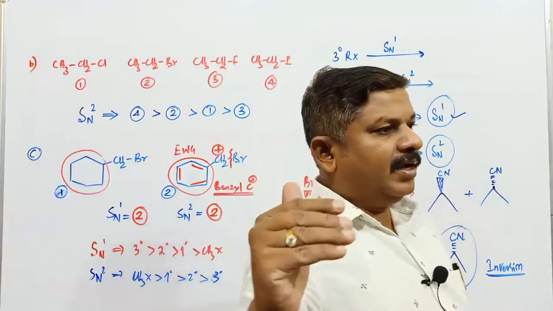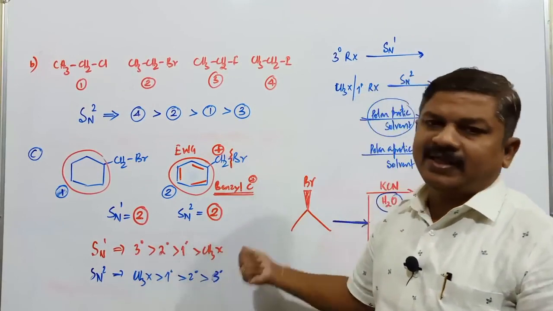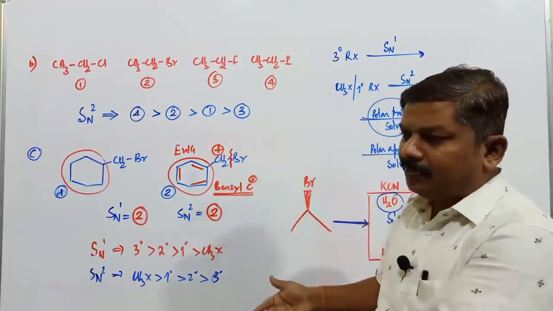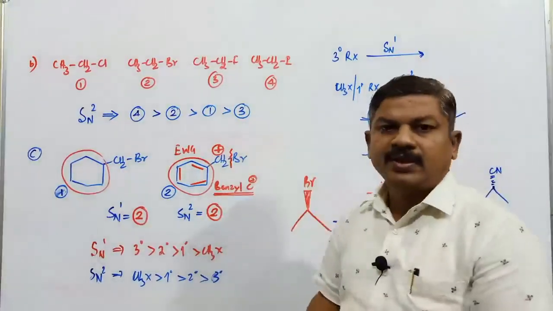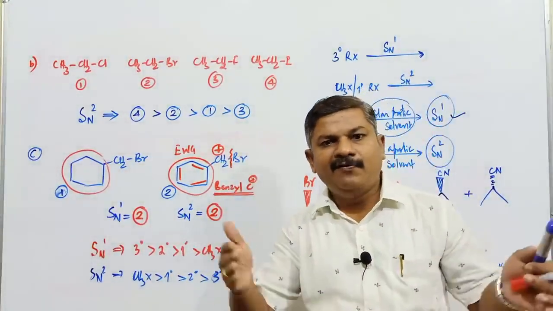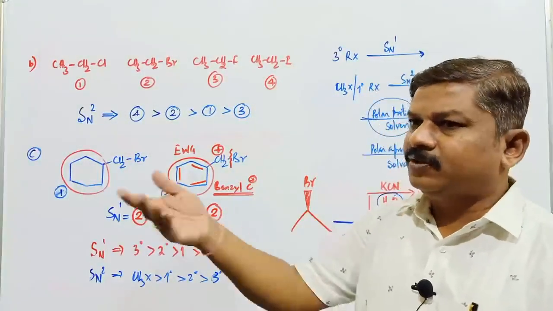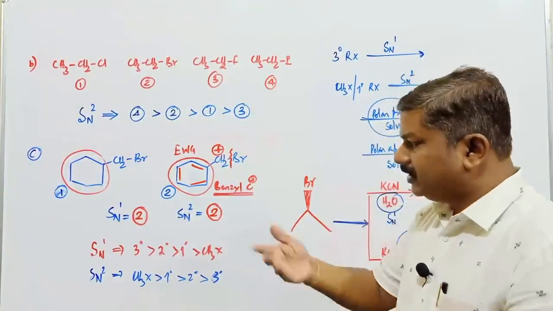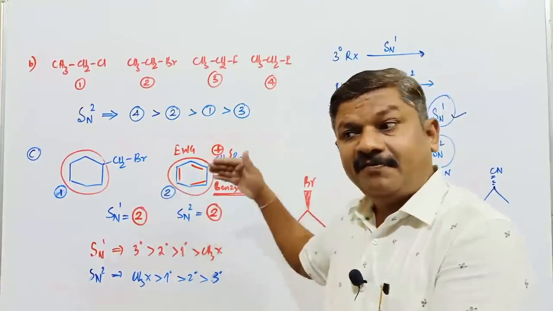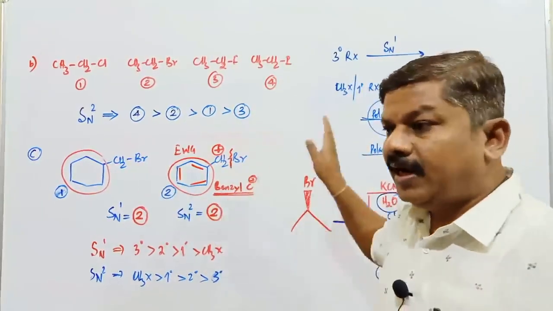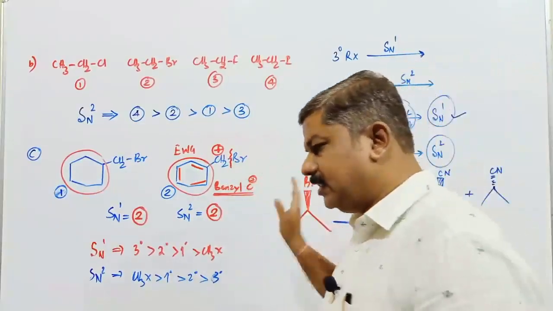After dealing with the SN1 as well as SN2 mechanisms, I have made the points with respect to SN1 and SN2 mechanism. Then you can make out some of the points of difference between SN1 and SN2 mechanism. Probably that question may come in the board examination, and it is helpful for competitive examinations also. Points of difference between what? SN1 and SN2, based on the characteristics of SN1 and SN2 reactions.